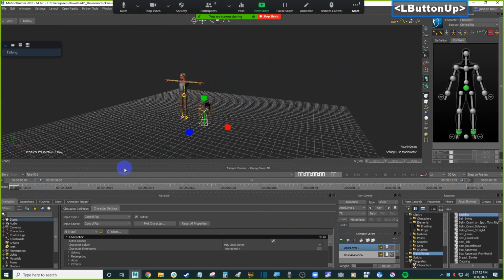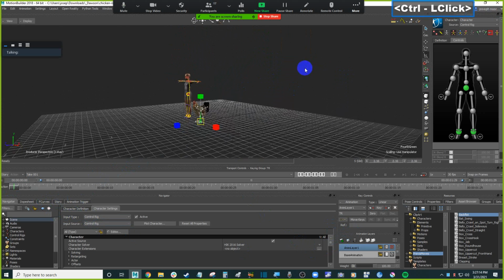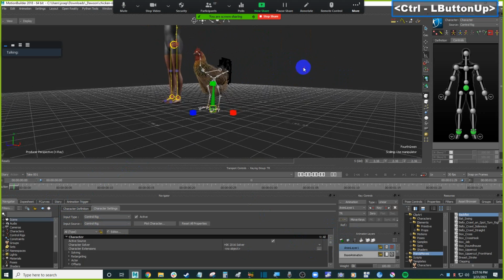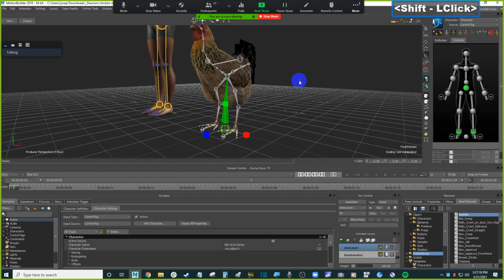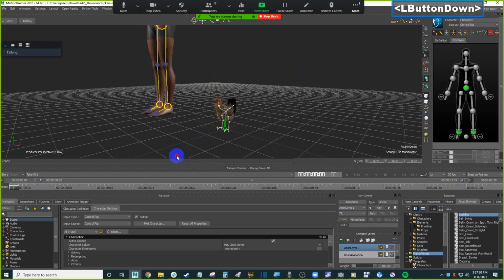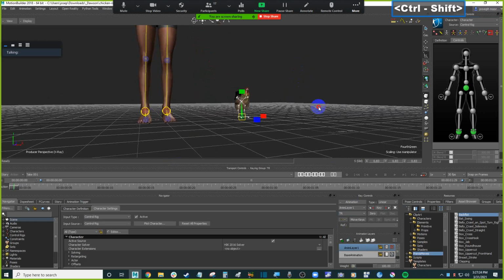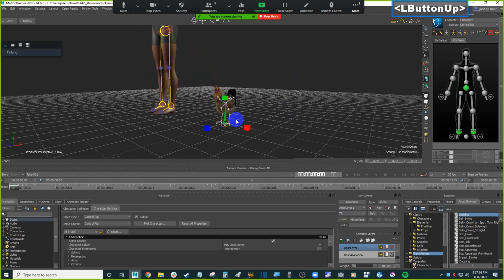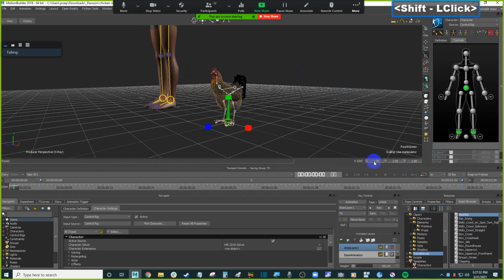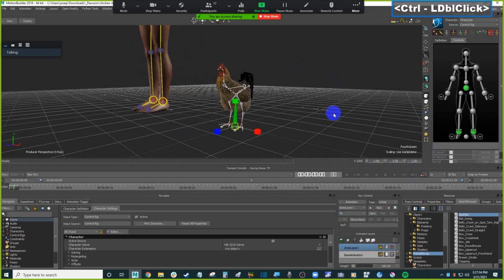I could have always gone into the F curve and deleted the scale value, but this is quicker. That's too small. You can put it to 1 here. Yeah. So now we have 1 on XYZ, and then